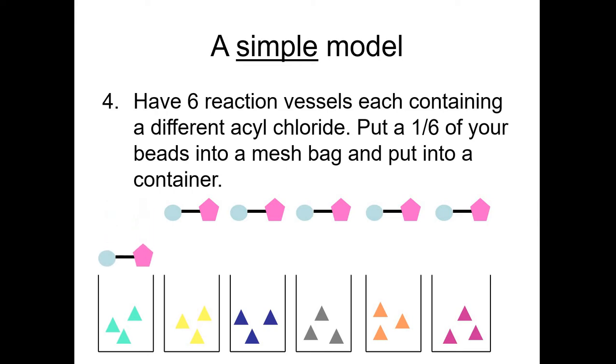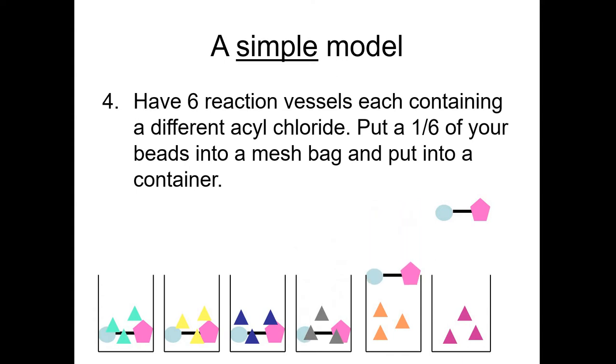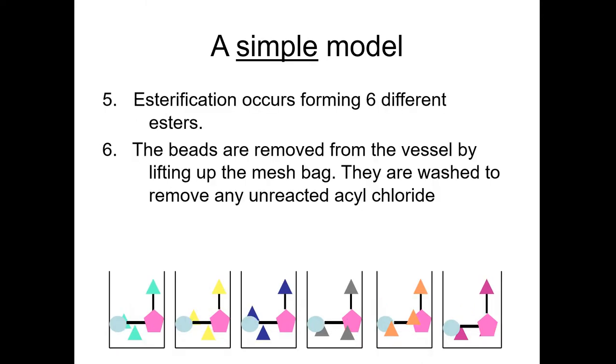What changes will be done? You can see it happens in that way. These are good slides that we have taken from another website, a good example, visible to all of you. Now what happened? Esterification occurs. This is just an example we are using to explain. So esterification occurs forming 6 different esters.